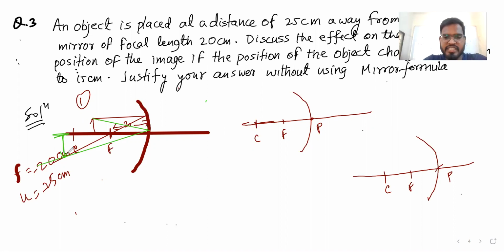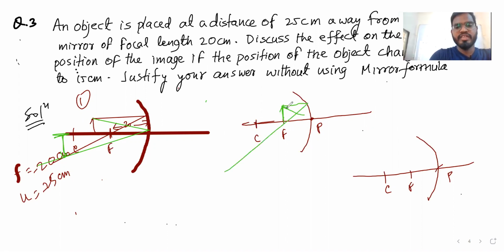Now the second case they are saying is from 25 to 15 centimeter. So let's consider now at focus. If you consider that case, then the image is going to form at what? Infinity, right? That we know properly because rays are parallel. So the image is going to form at infinity. Now the third thing is what? Obviously focal length is 20 centimeter. If the object distance is 15 centimeter, then it is between pole and focus, you guys know, right? So it is going to be what? Divergent, right?